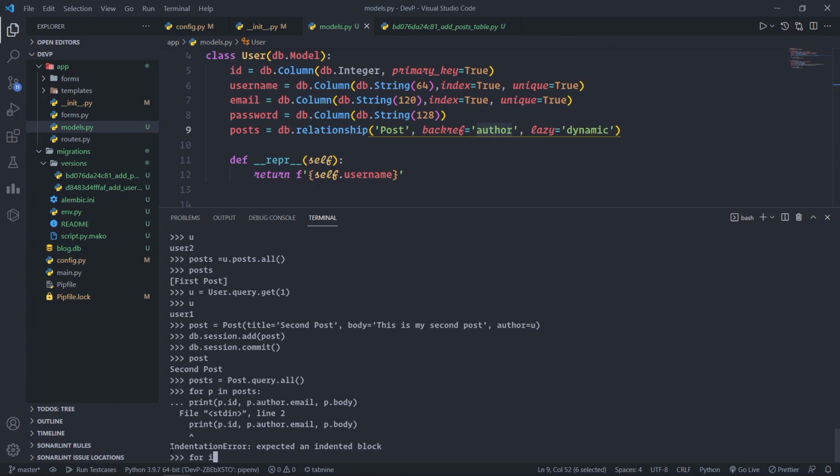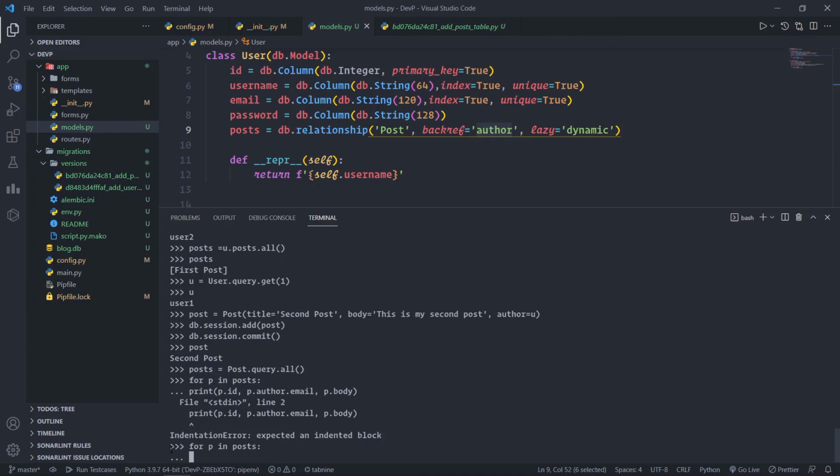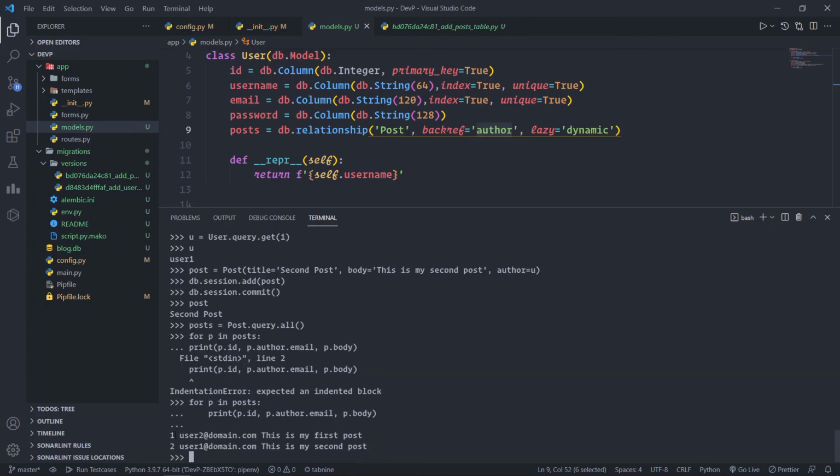We need to do for p in posts, we need to indent here, and then we can write print p.id, p.author.email, and p.body. Now if we see, the post id is 1, the user email is user 2, and this is the first post, and this is the second post by user 1.